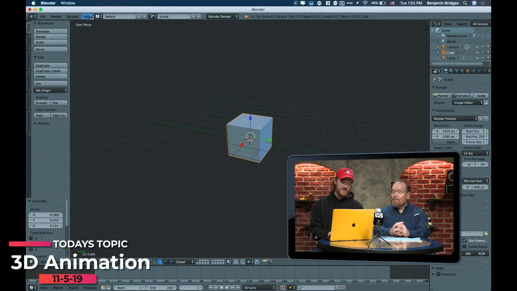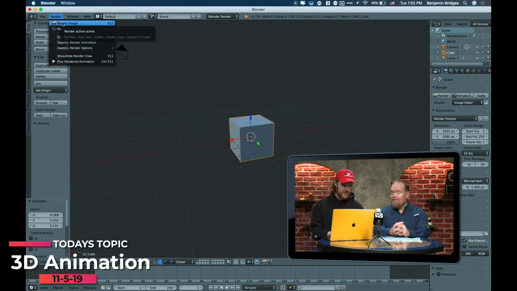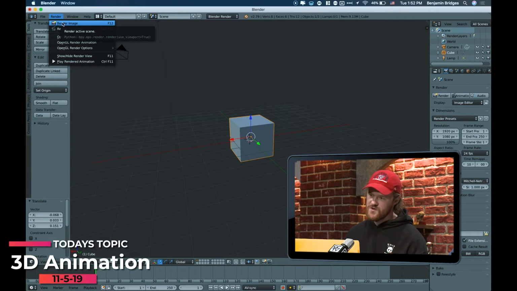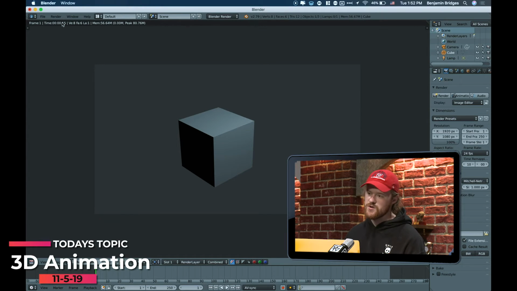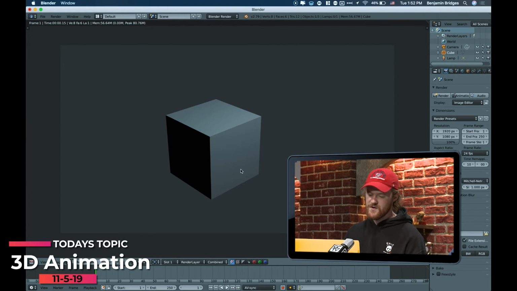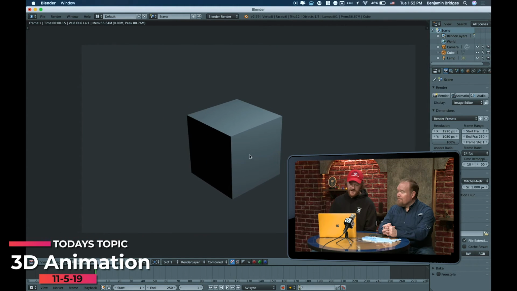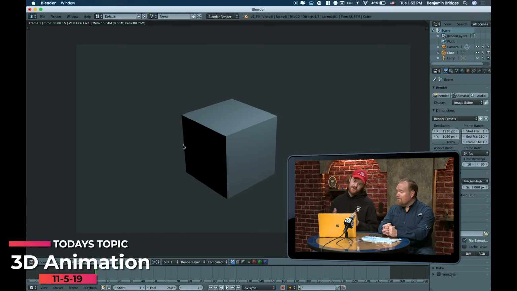Now, Blender is both an animation software and it is a video editor and a compositor and a game engine. So everything that you could want, it's just kind of all compiled into one thing. For example, I have a little cube here, and if I were to render this, render is to essentially create the official image, like the actual image of what you're seeing. And in 3D design, normally you don't see that until you render it because it is more processing heavy. So for example, we have a render of our cube. And as you can see, we can't rotate it because it is the actual frame. And if you were to animate this, it would render each frame and it would create a video.